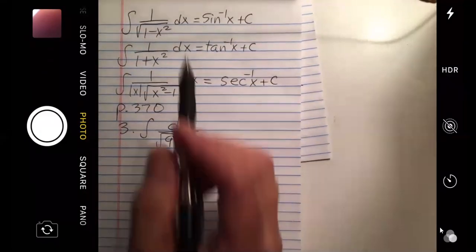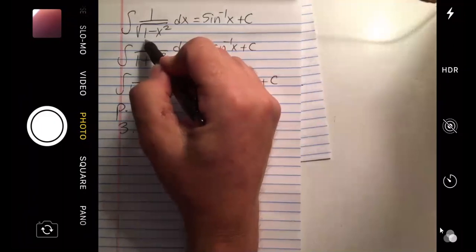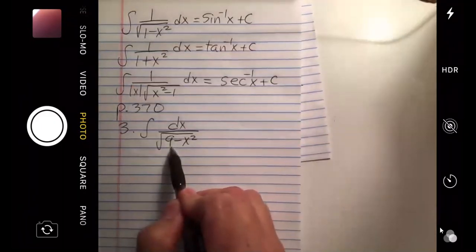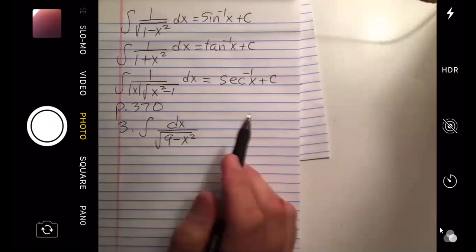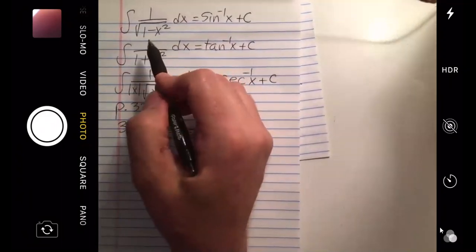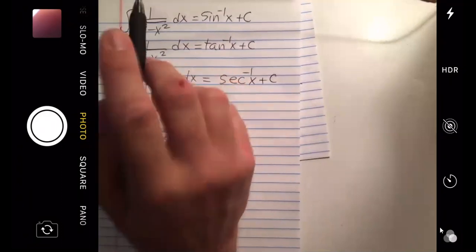Okay. Notice how the basic form has a 1. This has a 9. Now I could write out a whole bunch of steps and show you how to convert the 9 to a 1, so that you can eventually use this form, etc. But the easy way